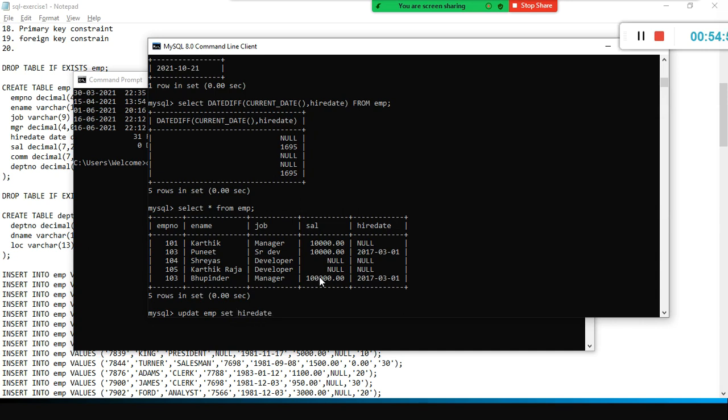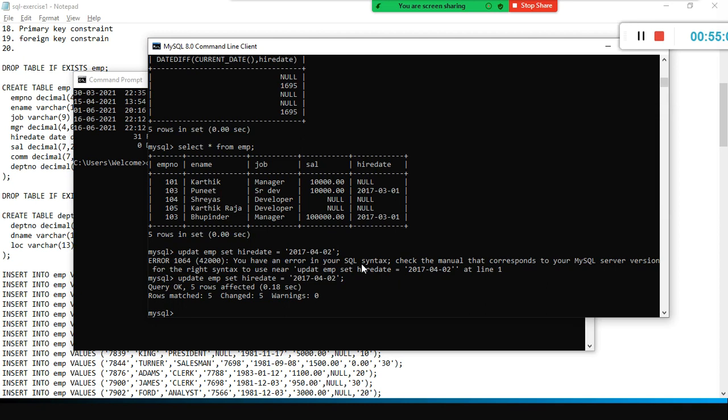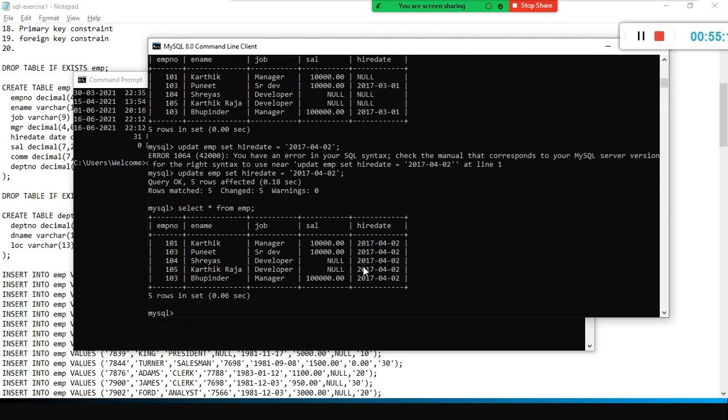So hire date is equivalent to, let's say, 2017, 0402, something like that. Yeah, update syntax. In Oracle we use like this. Yeah, select star from it. Yeah, correct. Oracle and MySQL are more or less the same.